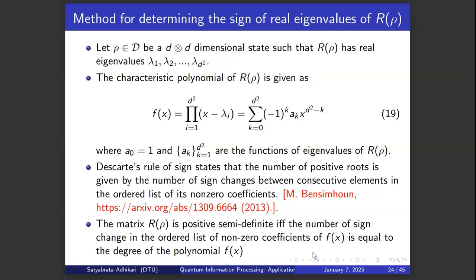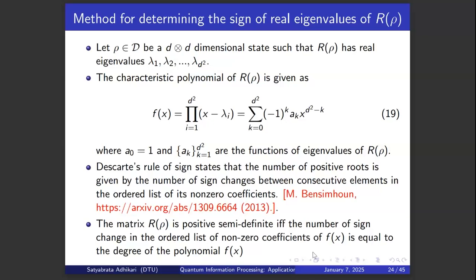This is a second degree equation. Okay, second degree equation. You find that the sign change appears in two places. So if the sign change appears in two places, that means at most it has two positive eigenvalues. Okay, so in this way, if we have at most two positive eigenvalues, then